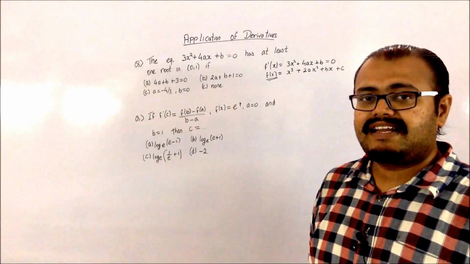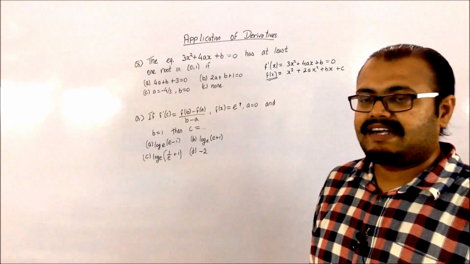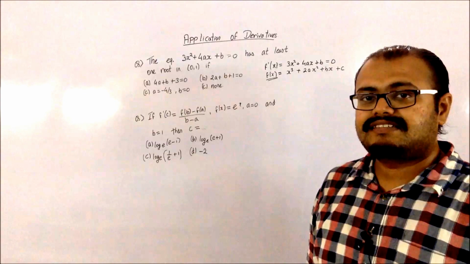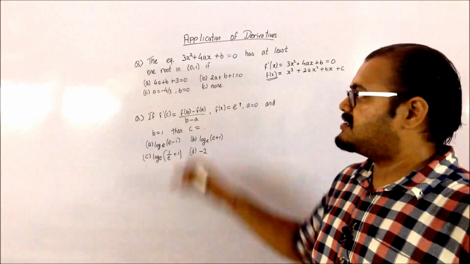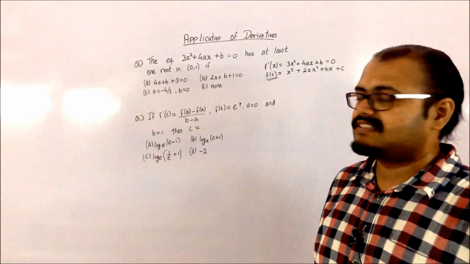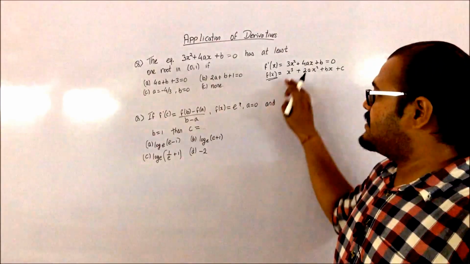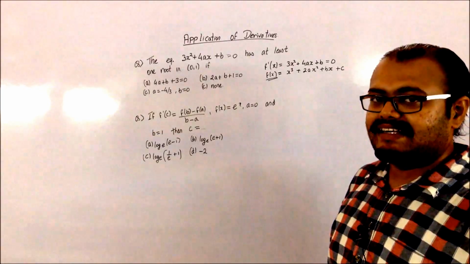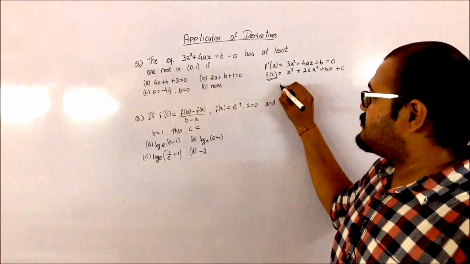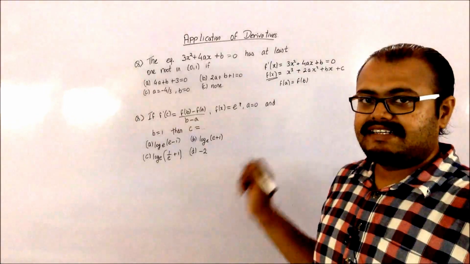So this becomes something like the Rolle's theorem, in which I require that my function should be continuous. Since it is a polynomial, it is going to be continuous. It should be differentiable. Since it is a polynomial, it is going to be differentiable between these limits. Also the third condition is that f dash of some value which is between 0 and 1 should be equal to 0. So basically it should satisfy Rolle's theorem. So the third condition which is required is that f of a should be equal to f of b. That is the condition which I want.